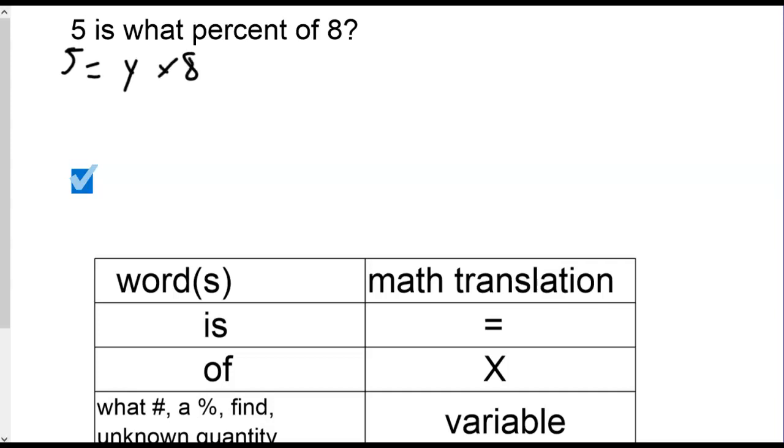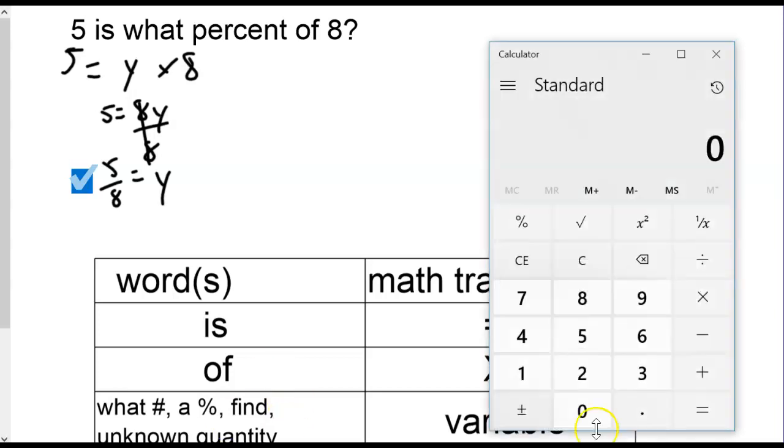And so to be able to solve this, we're going to say 5 equals 8y. And so let's isolate the variable by bringing y down, 5 over 8. And y is going to be, our handy dandy calculator,